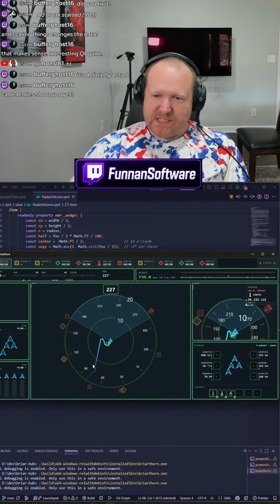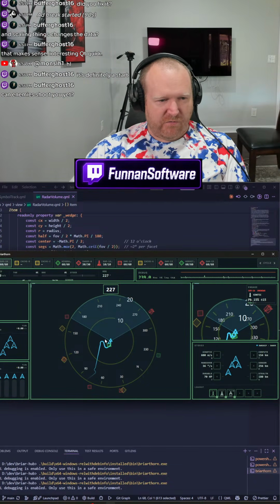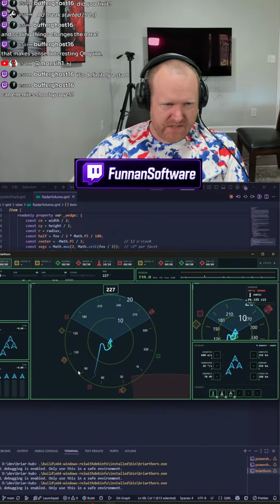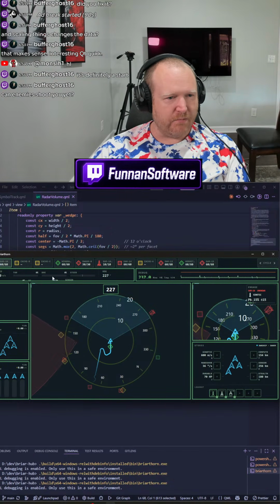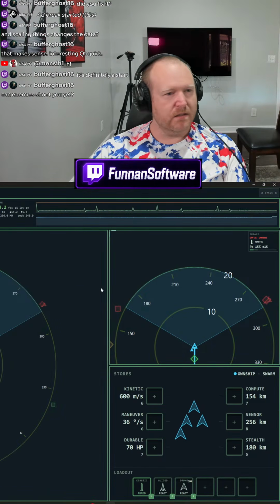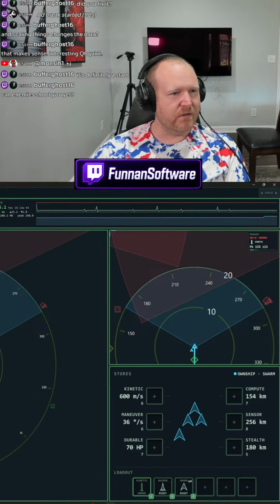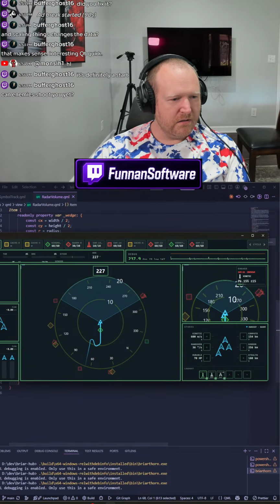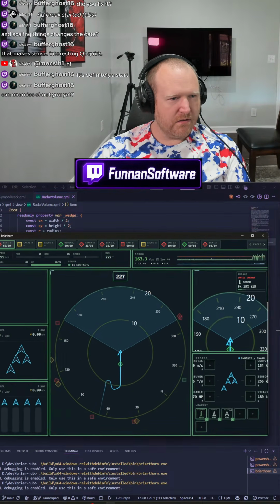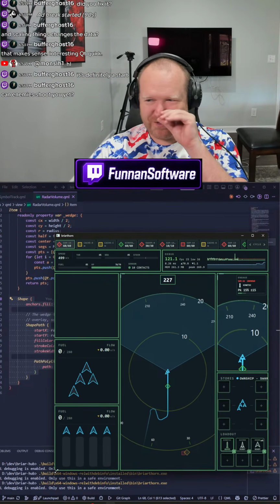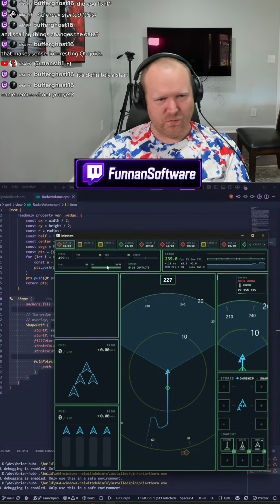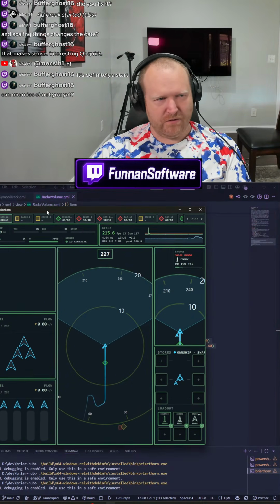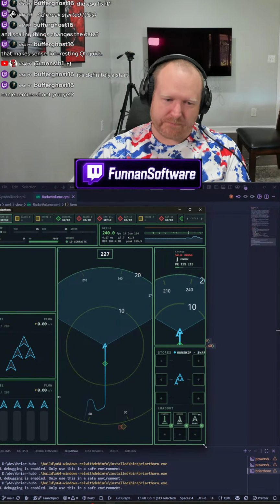But nothing happens when it hits me. Even now, I'm out of fuel and nothing's happening. A missile hits me and nothing really happens. I have health up here, but it's hard to see. Maybe if I maximize, kind of. Okay, if I do it this way, you can kind of see that I have health. I have a fuel gauge up here as well. So I'm still trying to figure out what the UI is going to look like, because this isn't great.